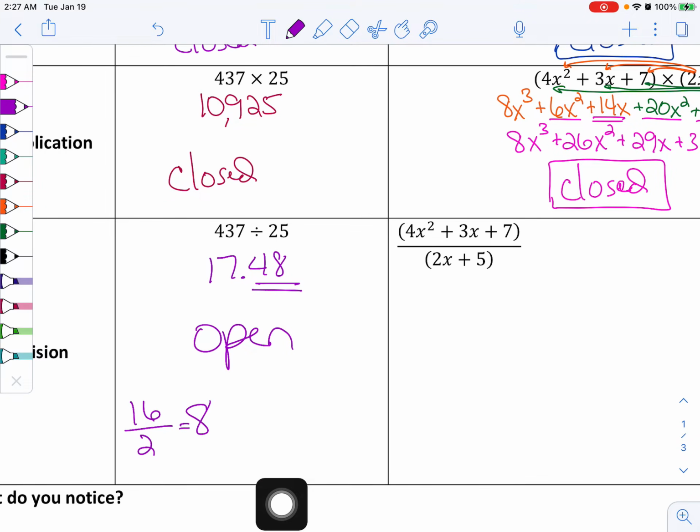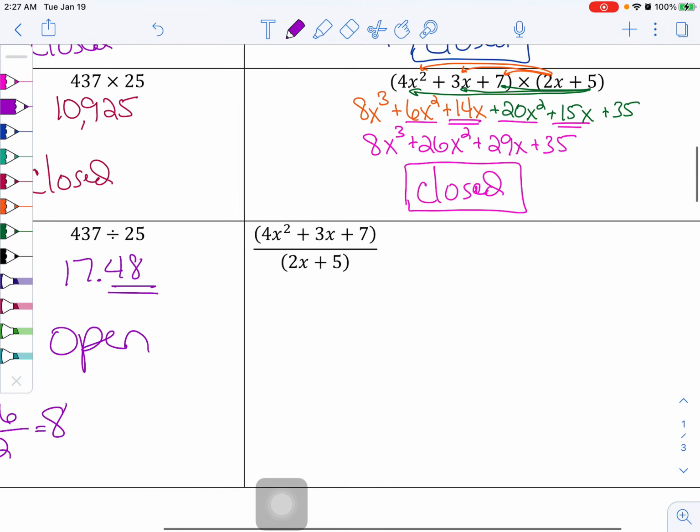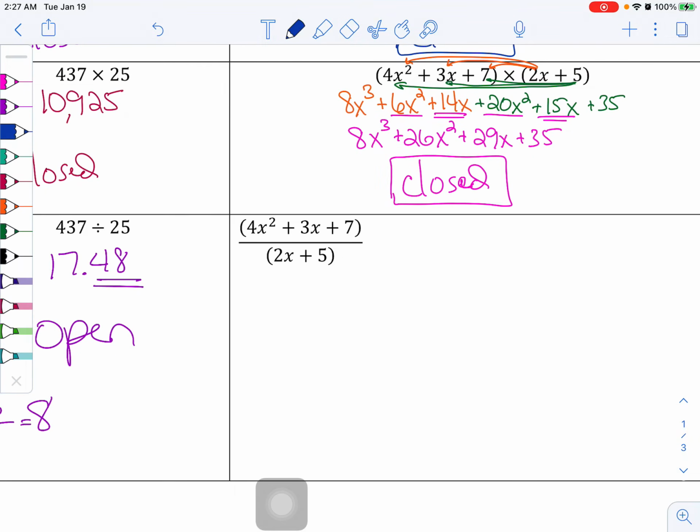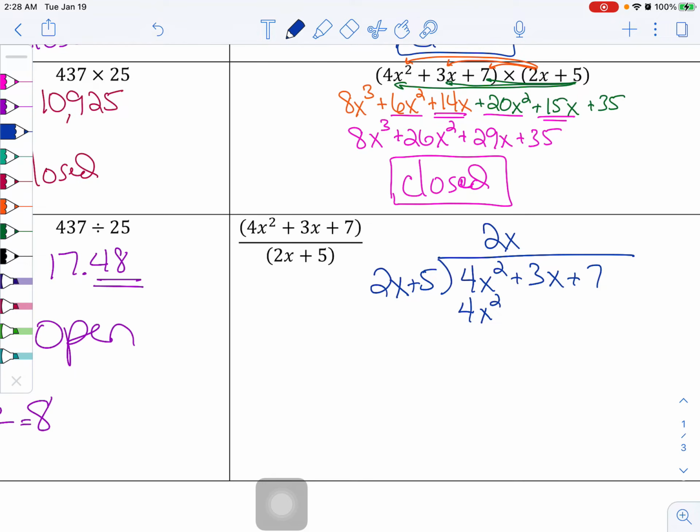Let's see what we've got for this problem. We're going to do a little long division. All right, we've done some before, but we can do a little bit more practice here. So 2x plus 5, and we are going to divide that into 4x squared plus 3x plus 7. All right, so 4x squared divided by 2x is 2x. There's 4x squared. What is that? Plus